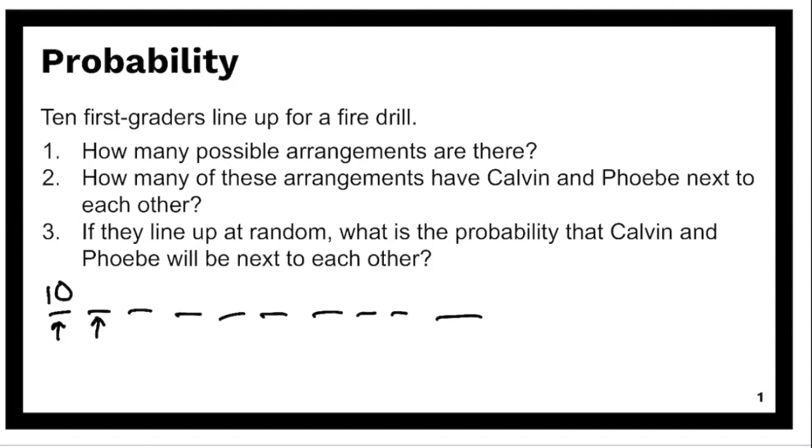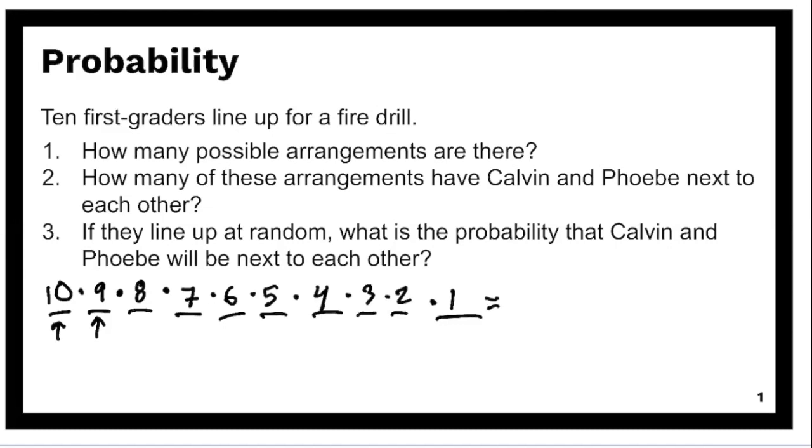For the second spot, we've already put one of the students in the first spot, so we only have 9 students left over that we could put into that spot. And each time we go down the line, there's one fewer student to put into the spots in line until we're finally left with just one student at the end left over for that last spot. To find the total number of arrangements, what we would do is take all of these possibilities and multiply them all together like that,